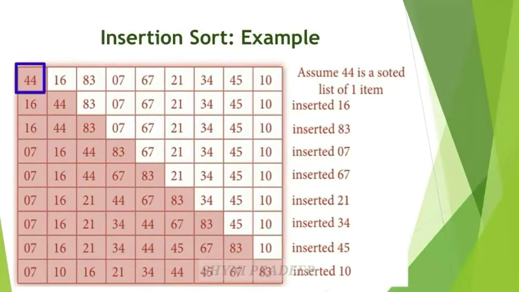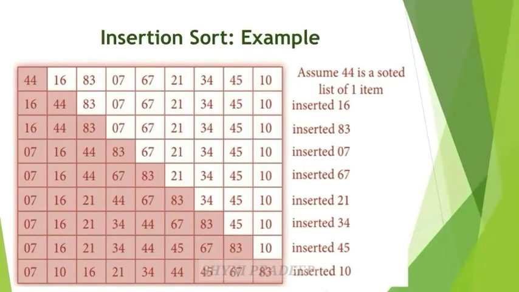This first element is now sorted. Let us assume this 44 is a sorted list of items. Next, write the remaining elements. So this is pass 1, which means this is iteration 1. After pass 1, you have to insert the second element. What is the second element? 16. So insert 16. Compare this 44 and 16. Which one is greater? 44 is greater. So you have to write this 16 here and shift this element here. Now these are the sorted elements and the remaining elements are unsorted. This is pass 2.